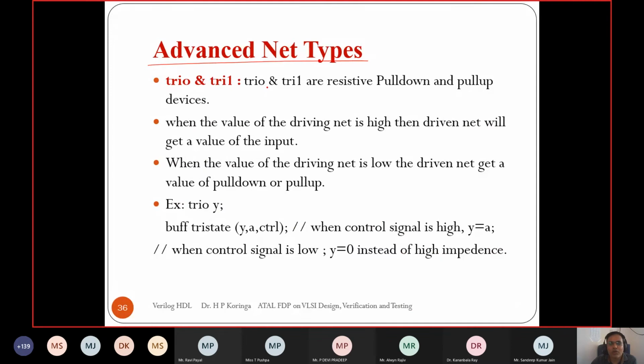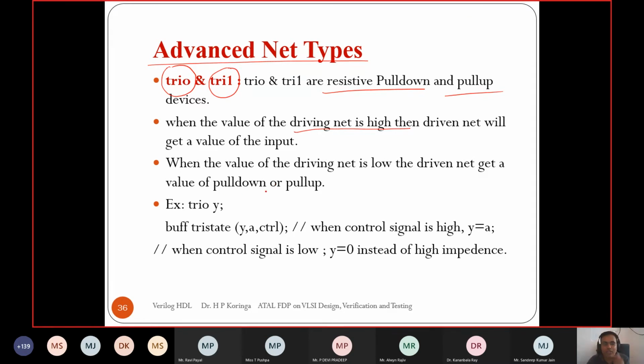Let's see some more advanced data types: tri0 and tri1. So tri0 is simply a resistive pull-down, and tri1 a pull-up. Let's understand through this tri buffer example again. When we have a net being driven, then it takes the value as per the driver value.